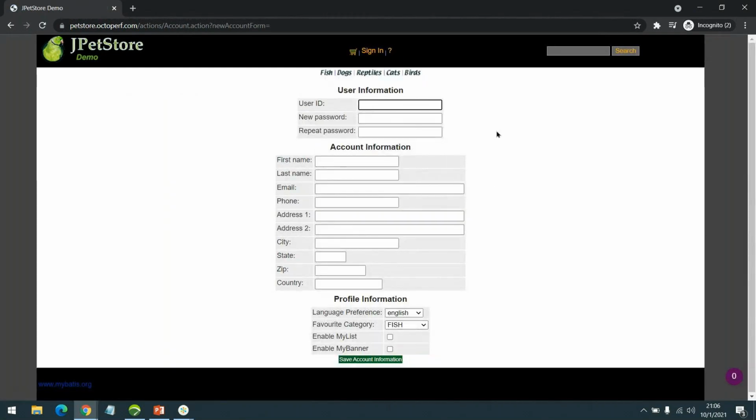I'm creating a new user. I'm keeping the user ID as JPET user and password as JPET user. I'll give a neutral name, something like S name and S name, something like this.